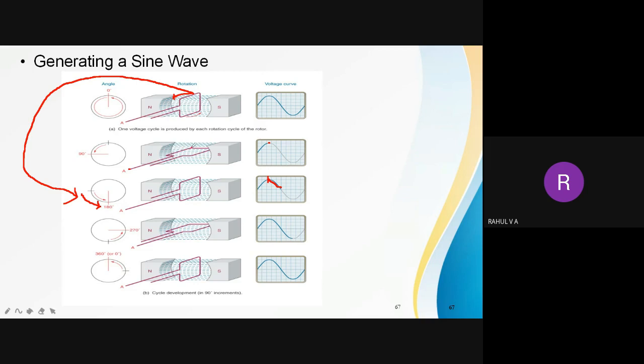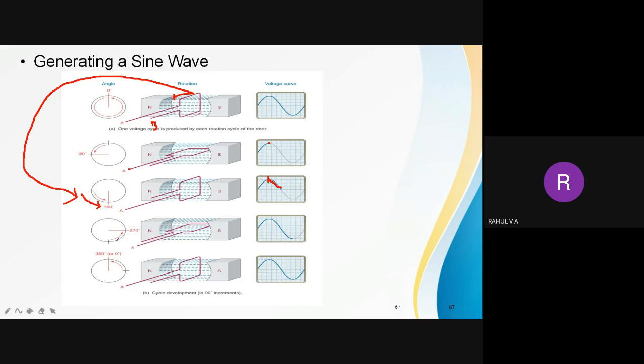Okay, so initially when it is rotating anti-clockwise, what was happening is, if I assume the total conductor has two parts, A and B, the conductor A is in contact with more flux lines than B, and the flux linkage is also changing rapidly. That means it goes from 0 to maximum. And then when it is rotating, the flux linkage with A and B is almost the same. So the potential difference comes from maximum to 0.